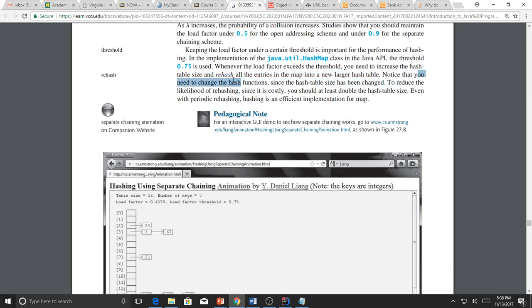You need to change the hash function since the hash table size has been changed. Whenever you rehash, you need to change the hash table and hash function, because the hash table is changed. To reduce the likelihood of rehashing since it is costly, you should at least double the hash table size, even with,